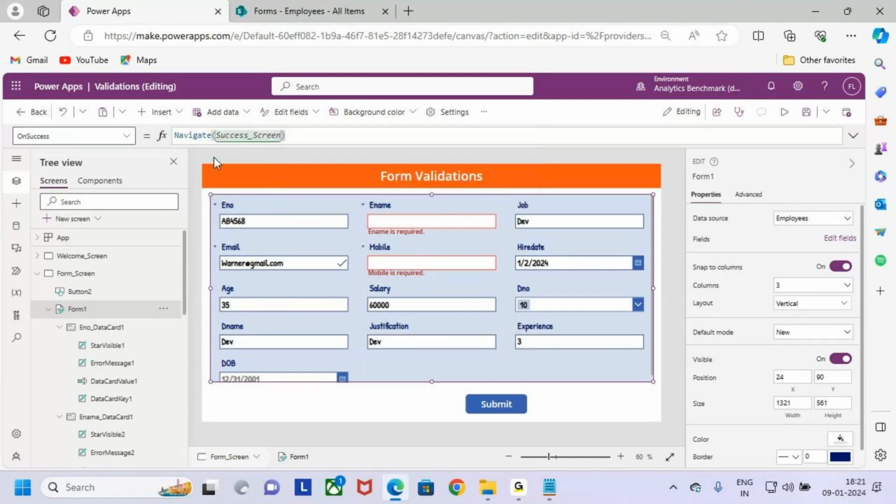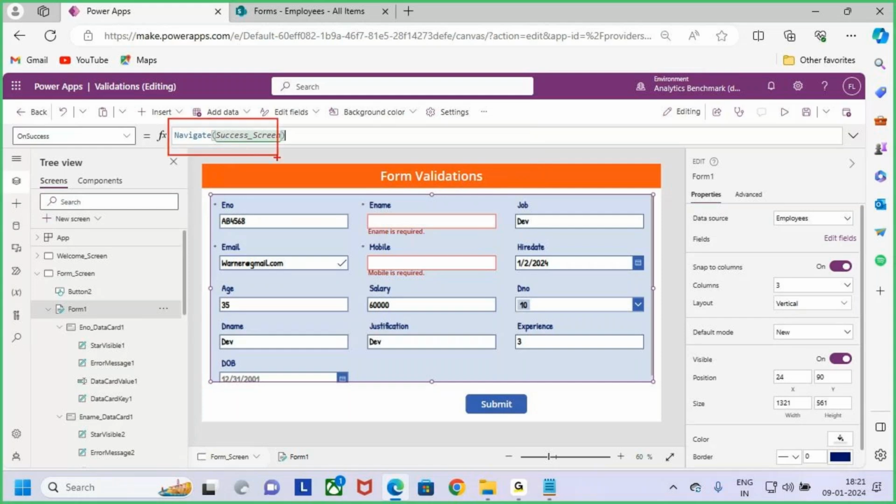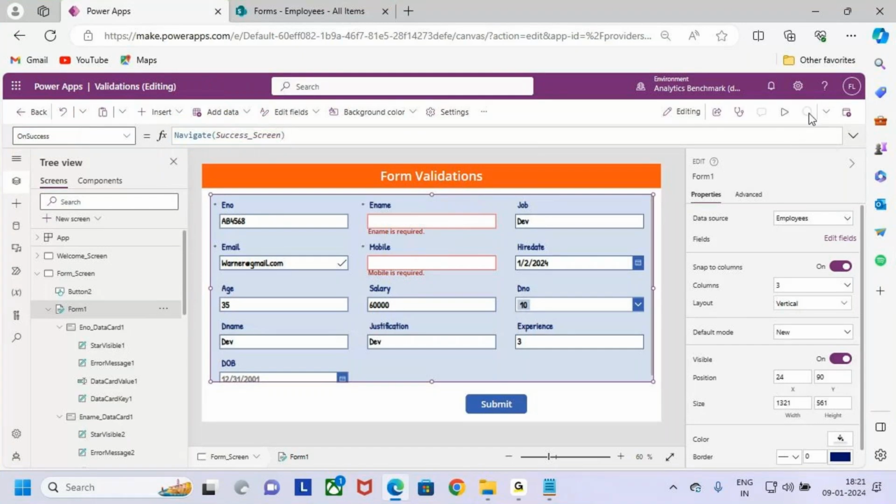So when I use the navigate function on the success property of the form, it means once the form is submitted successfully, then only I am able to navigate to the success screen. Now see, let me go and check whether I am able to navigate to the success screen or not, without